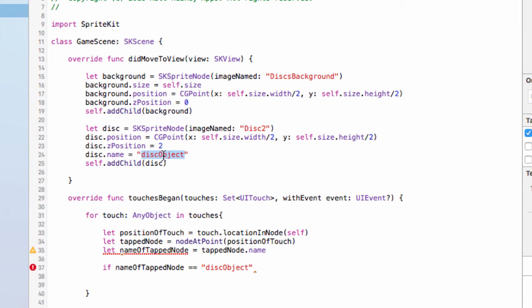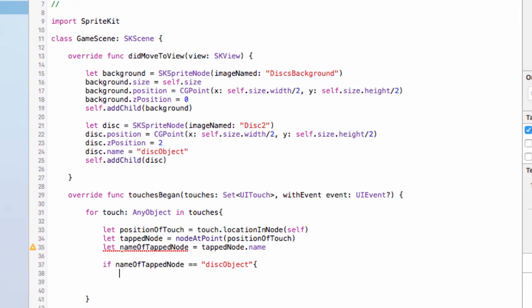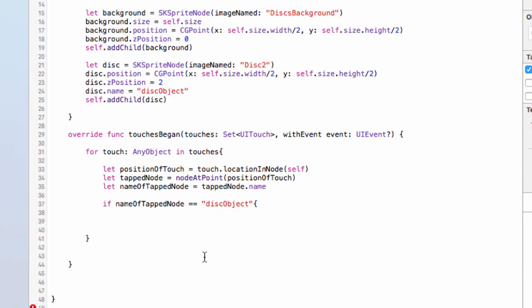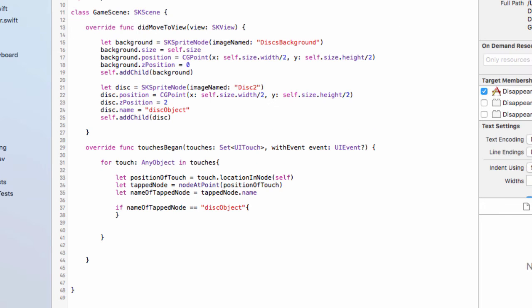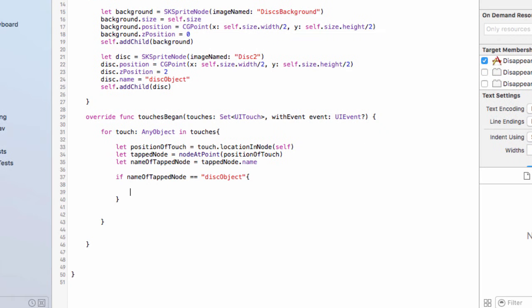diskObject, which is this here, open curly bracket, drop a line. If it didn't put in a closing curly bracket for you, put that in. Normally it does, but mine didn't put one in for me, so just check that. If you get any errors, make sure you put your bracket in. So with all of this, we are now saying if we have touched the disk, do the code between these